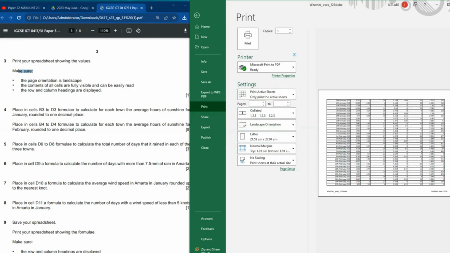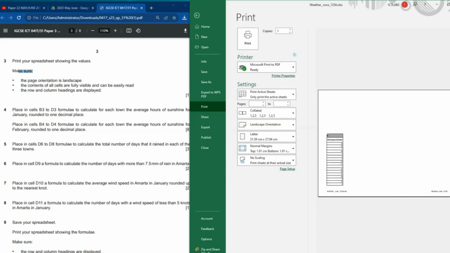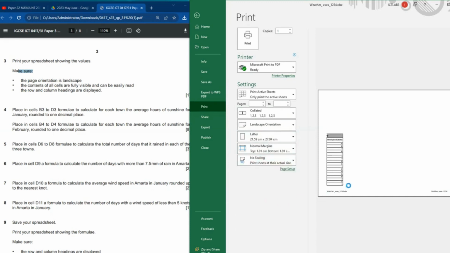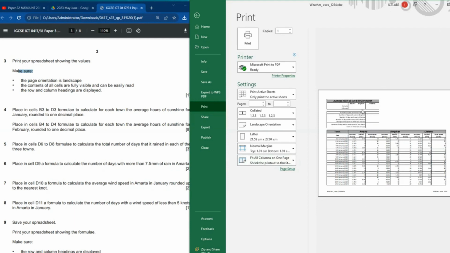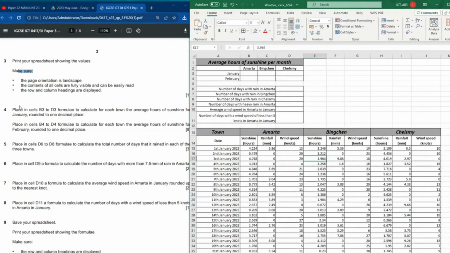print, but this one is 6 pages. Oh, no. So in that case, the best thing is you can choose fit all the columns on one page. Okay, then it's going to be 3 pages in that regard, or just only 2 pages. All right, so all the columns are fit in one page. Then after that, you can print this. Now, after you finish doing this, the next question says,